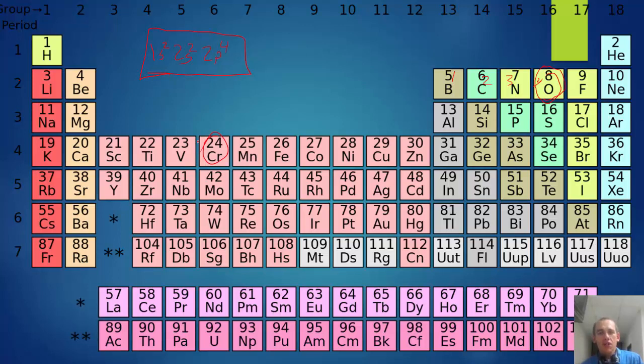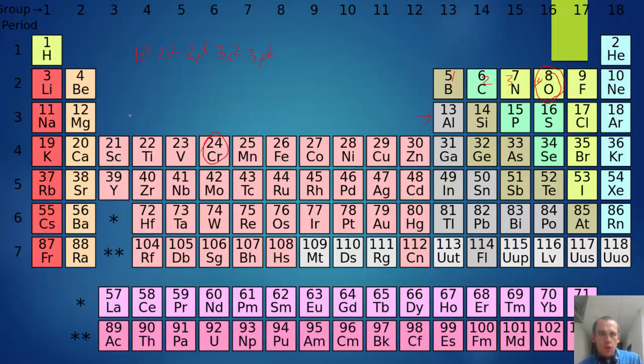Okay. Chromium is going to be a little bit more complicated because there's way more electrons, right? Well, it's actually not complicated. It just takes longer to do. So again, I'm going to start with energy level 1, and both of those are full. So I have 1s2. And then I'm going to go to 2, and 2s fills, and then the p's fill, 2p6. And then we're in the 3s, so 3s2, right? We started over here, and then the 3p's fill,